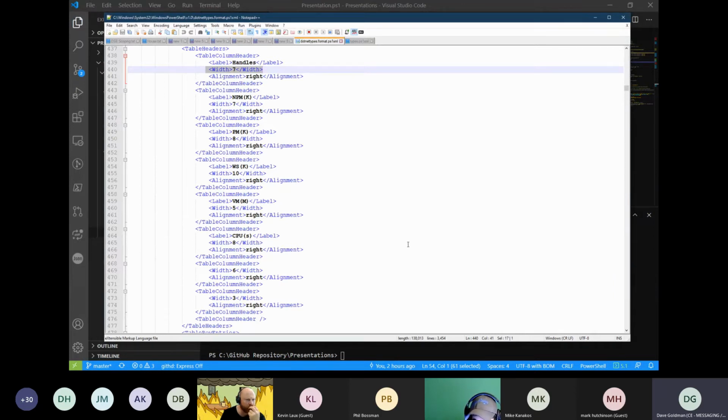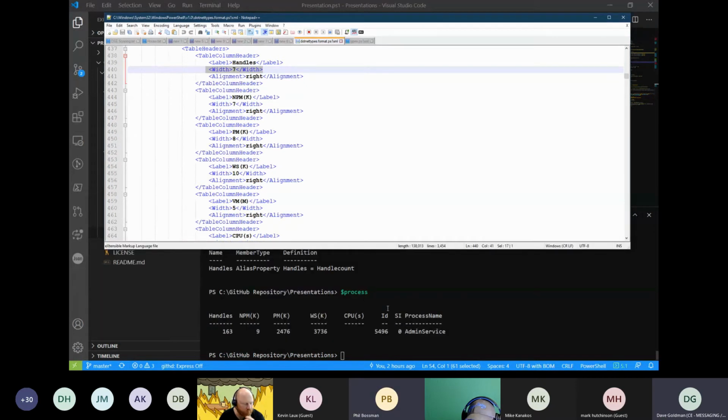Now, one thing I should mention is everyone here familiar with select object? Mm-hmm. Try not to use it if you don't have to. And the reason why is because if you ever use select object, what you're doing is you're asking PowerShell to just give you what you were looking for, and it discards the rest of the information. So if I went here and I said get process, and then I did a pipe to select object where I only wanted the name and handles, it would toss everything out. In your out file, you would only have just those 2.